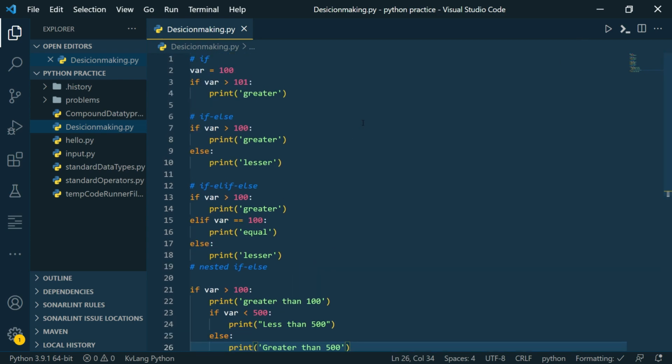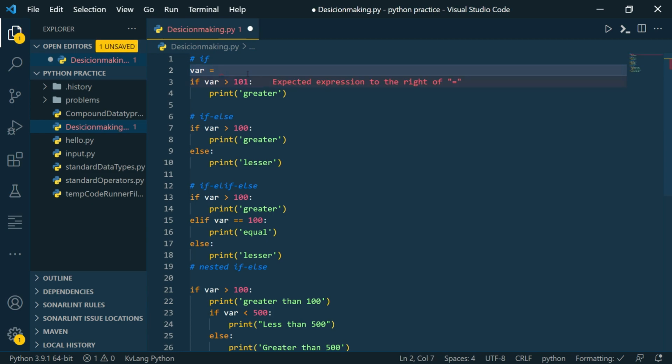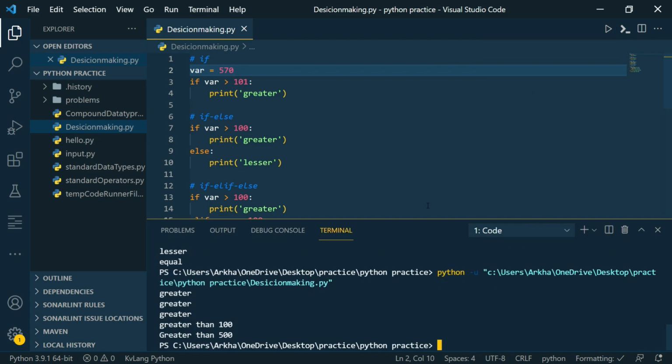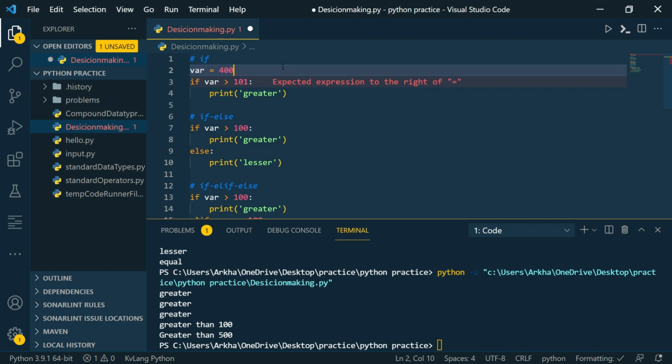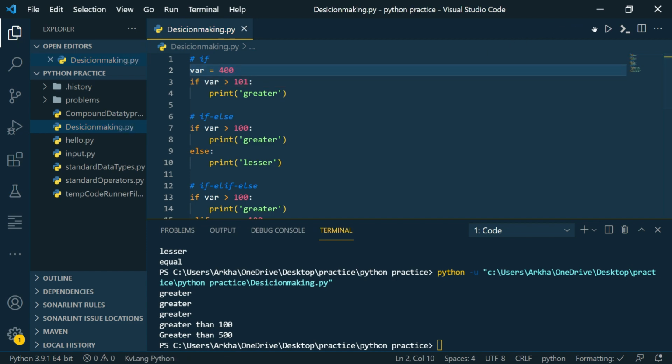Let's run the code. What is the value of var? It is 100. Let's make it 570. Run it. So as you can see, it is giving greater than 500. Let us now make the value 400.